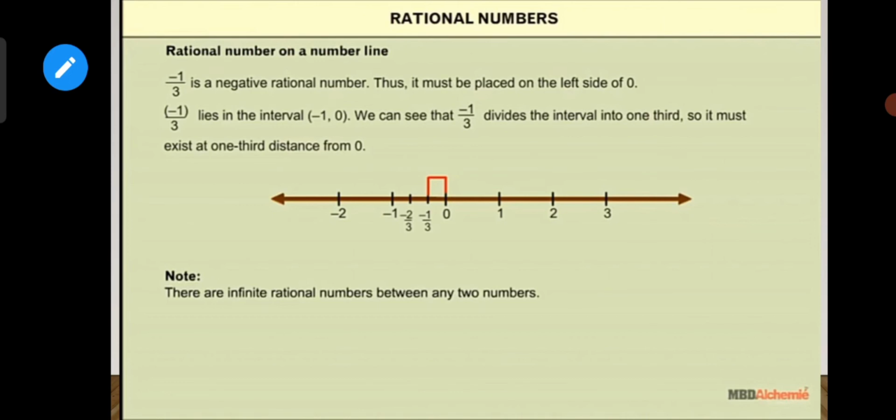So we will draw 2 subdivisions, as you can see here. These subdivisions will divide the working area between 0 to minus 1 in 3 equal parts. Now the first subdivision will show that the working area of 0 and minus 1 has been divided in 3 parts, and it is representing the first part. So it will express minus 1 upon 3. And since we have to show minus 1 upon 3, we can show it with the help of an alphabet. Now let's do some more examples.